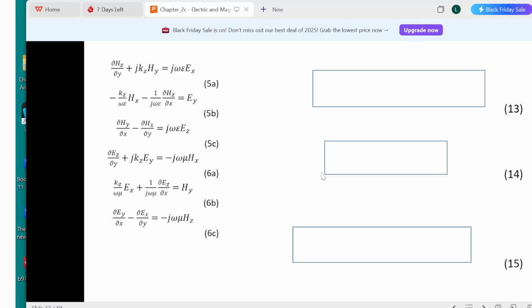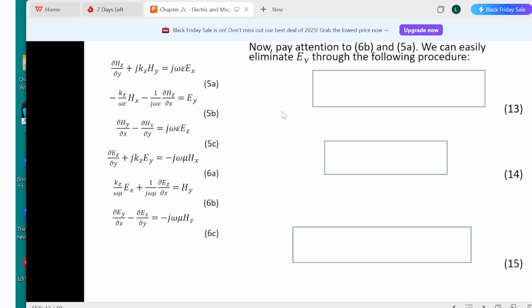So similarly, we can do the same for equations 6b and 5a, but this time we are going to eliminate